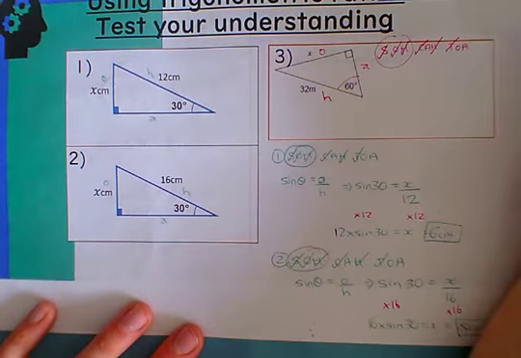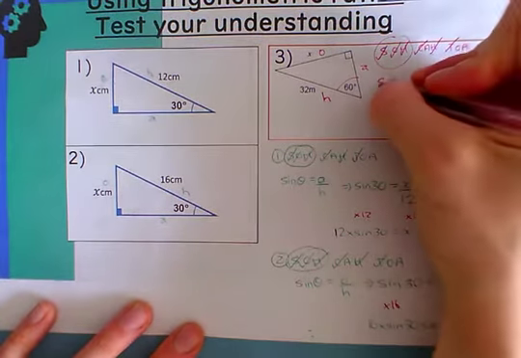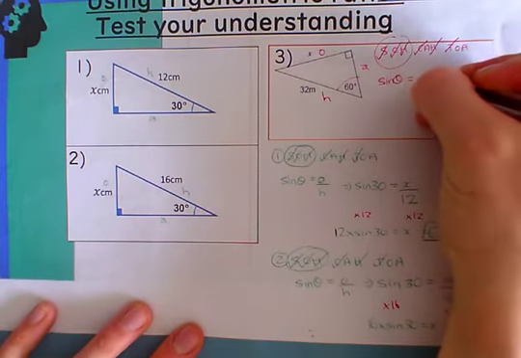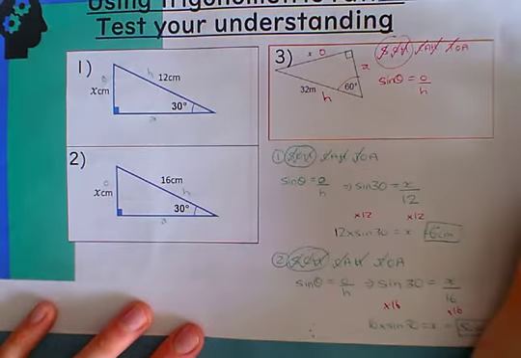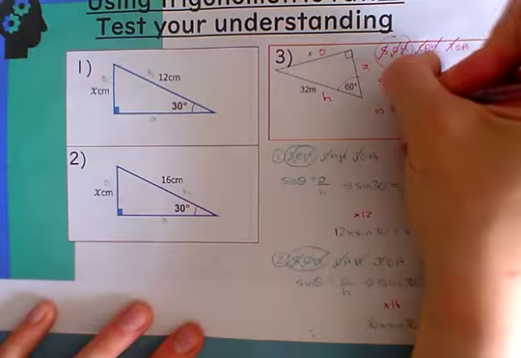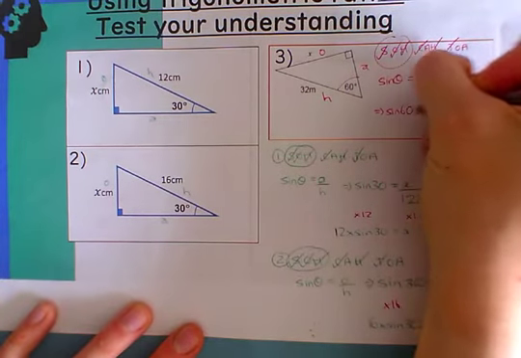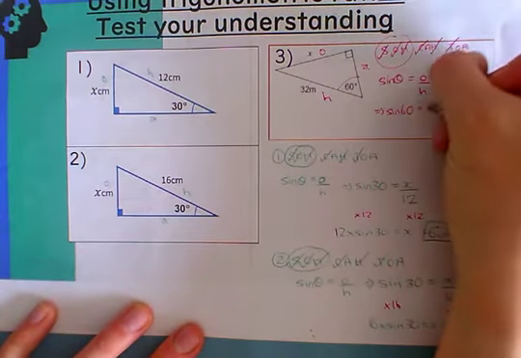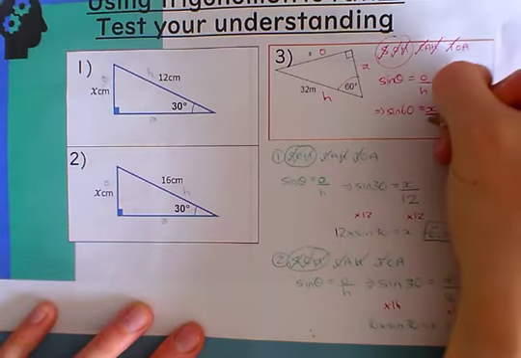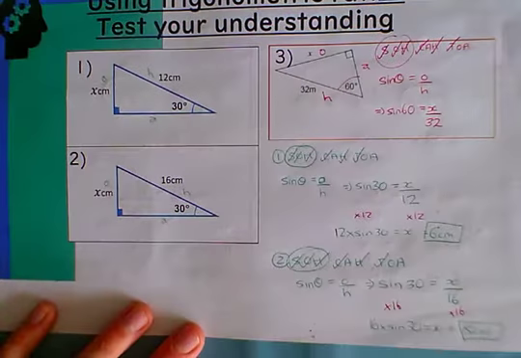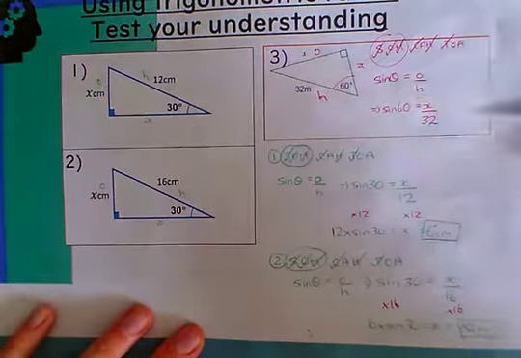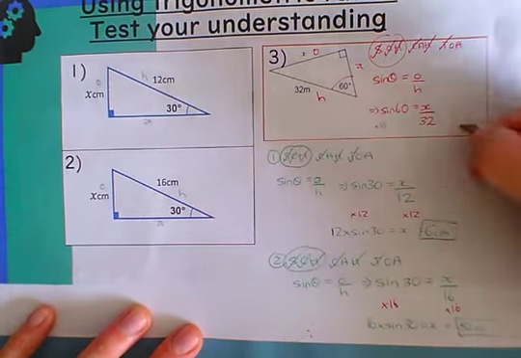So again in this case we are going to need to use sine. So sine of the angle is equal to the opposite divided by the hypotenuse. So that means sine of 60 is equal to x divided by 32, and if we times both sides here by 32,